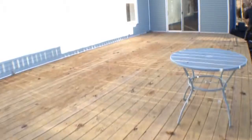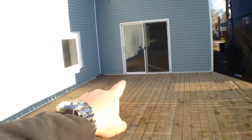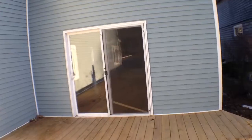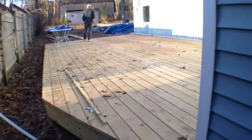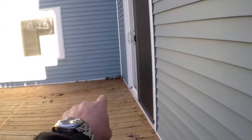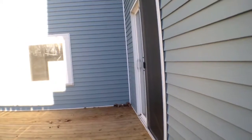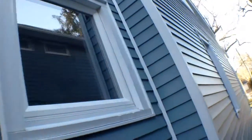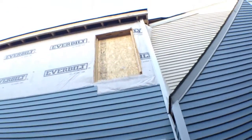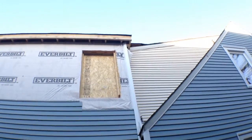This deck is improperly pitched towards the house right there, and there is no threshold. So there's the potential of water coming through or under this door. Obviously, we need a railing here as a fall restraint. And maybe we try to mitigate some of that water by cutting in some holes or drilling in some holes. The deck, obviously, with time will shrink and those gaps will naturally appear, but in the short term, gutter fascia soffit on this side of the house, finish siding, install window,